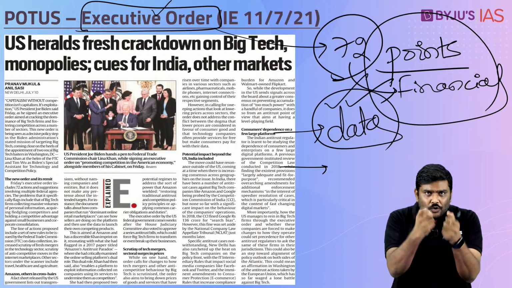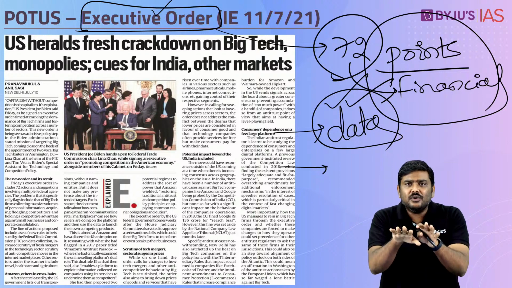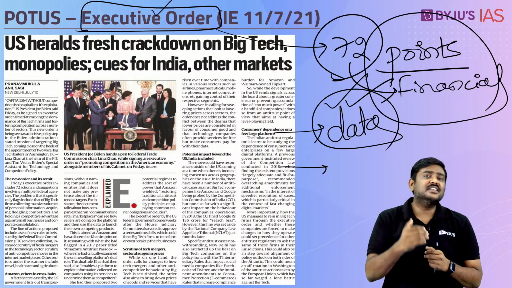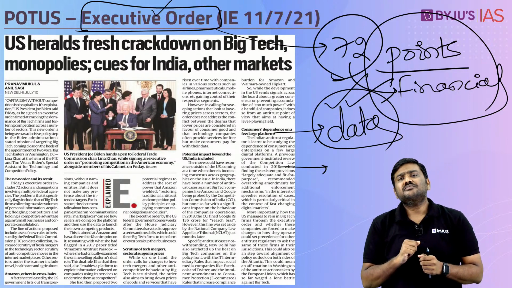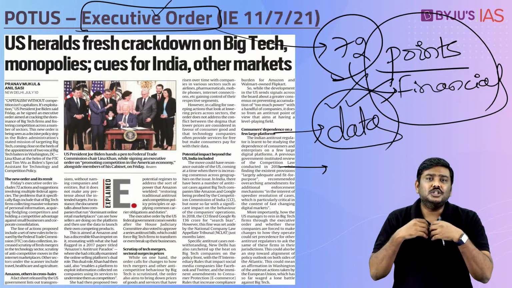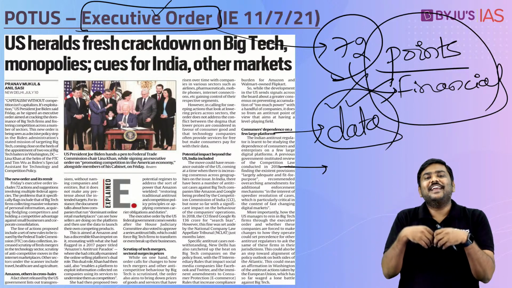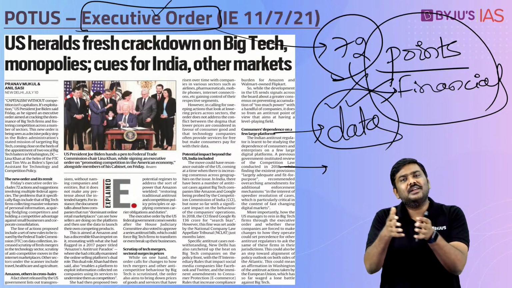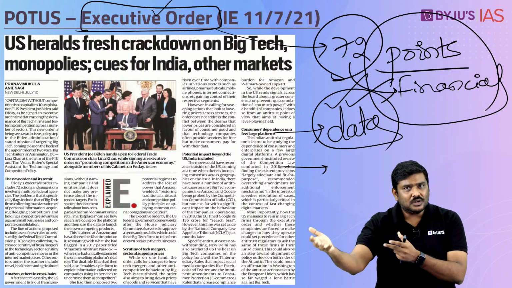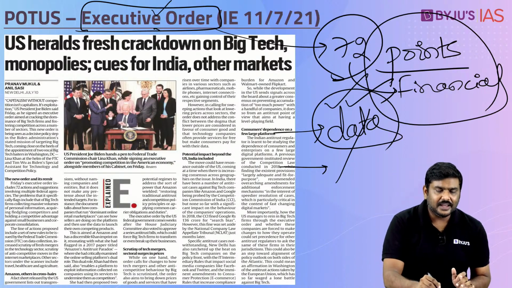But what is happening? A few of these very big companies are acquiring their competitors, reducing the competition in the field. That is the second point of concern raised in this executive order. Third, these bigger companies have certain issues or are using certain tools which are leading to antitrust behavior in the market. And if you have been reading the newspaper, the same kind of discussion is happening with respect to CCI investigating companies such as Google, companies such as Amazon, and so on. So, these are the 3 points of concern which have been raised in this executive order.